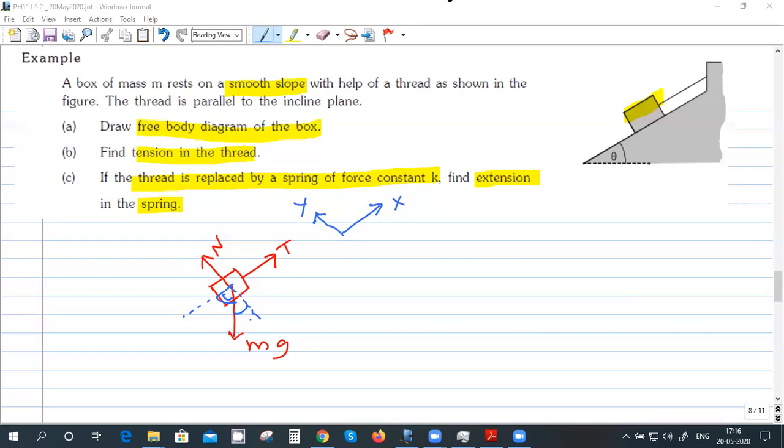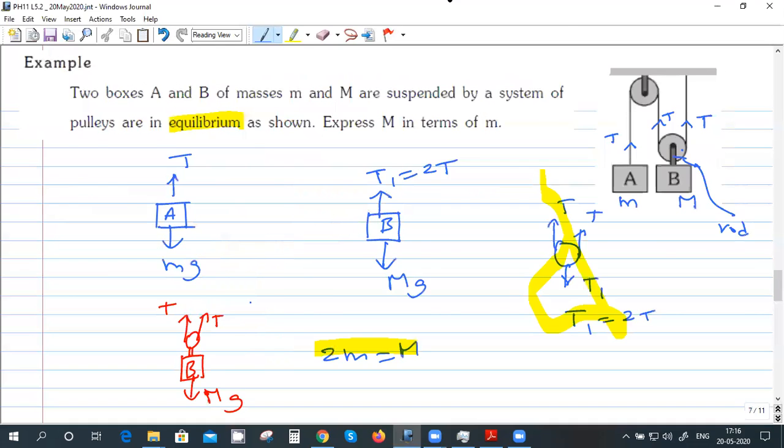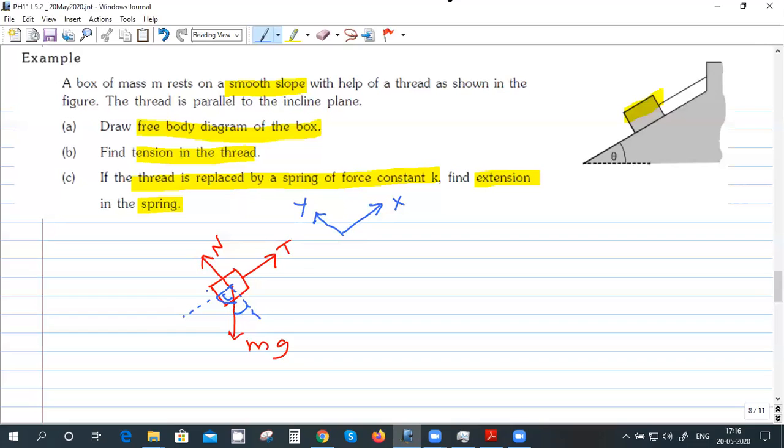So vertical and normal, this angle is theta. Convince yourself later. If you have two lines, the angle between them is theta. The angle between the perpendiculars of those two lines is also theta. So the angle between horizontal and the plane is theta. The angle between the vertical and the normal to the plane is also theta. You can check yourself later.